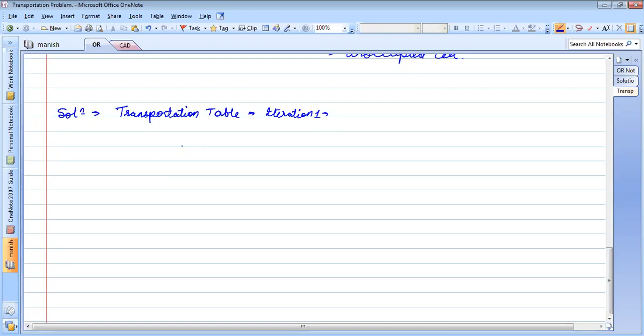For iteration 1, I'll first write the factories. Same problem I am solving, the problem that I started the class with. So I have written A and B. These are my supply units. Then I'll write warehouses. The warehouses are W1 and W2, isn't it? Any doubts in this?